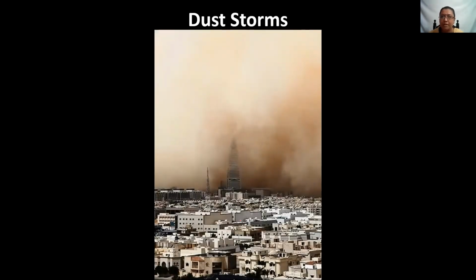Yes. This is one dust storm in Riyadh. Riyadh is the capital of Saudi Arabia, I told you, right? So the dust storm will start from the desert area, and they will pass the nearby residential areas also, big cities and towns, whatever is on their way. Okay. So the storms will cross that area also. This is Riyadh, and this picture was taken during one of the dust storms.